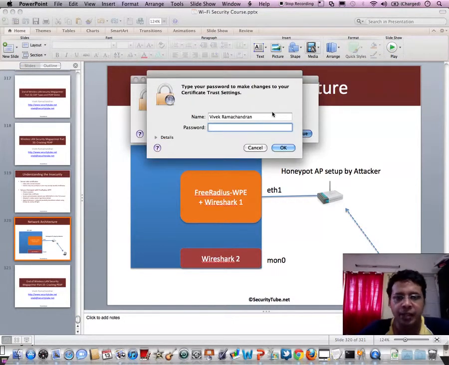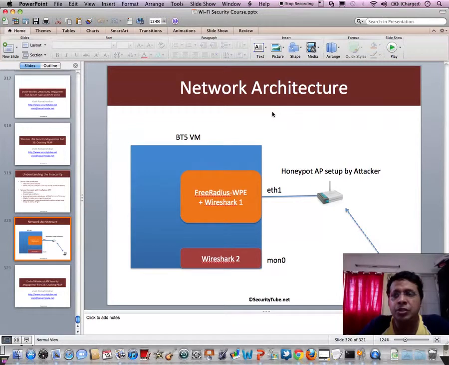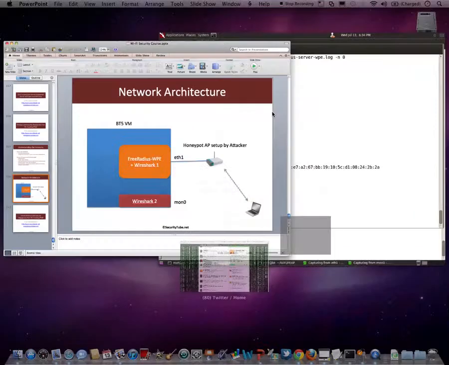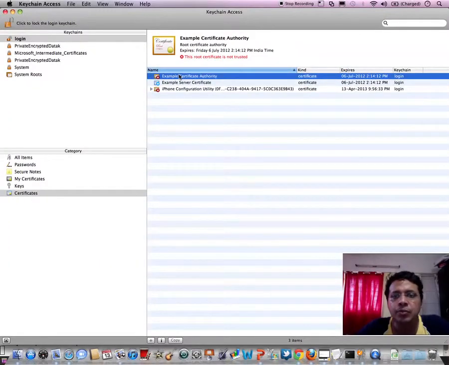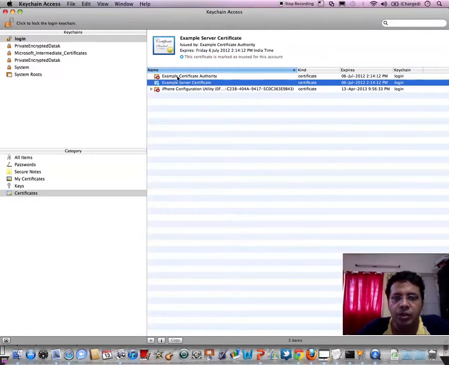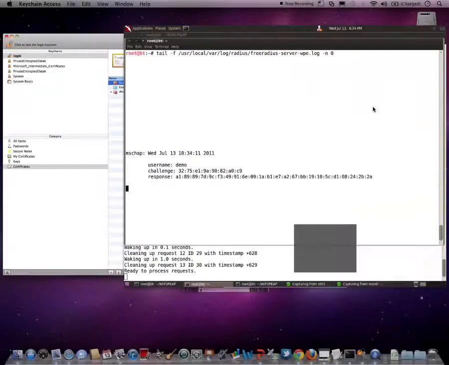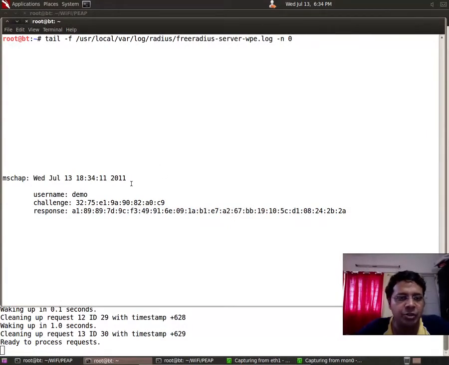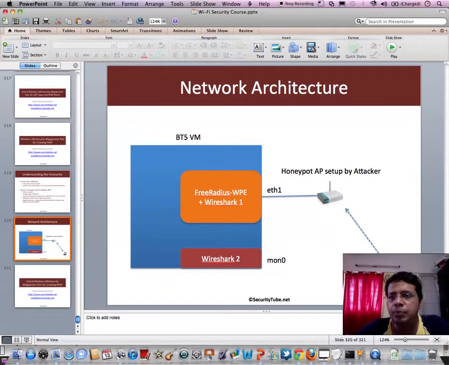The moment we do that, it asks us to go ahead and add this certificate to the chain of trust. Now, if we do this, this is going to be a major problem, and I'll tell you why. Because the moment we do this, this certificate has actually been added to our keychain. And from now on, this certificate will be blindly trusted by the client, which is our wireless interface. And if you notice, automatically, based on some credentials which I had put in a while back, it has even finished the authentication. Now these are not the correct credentials, so let me go ahead and